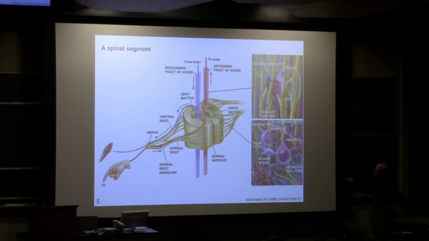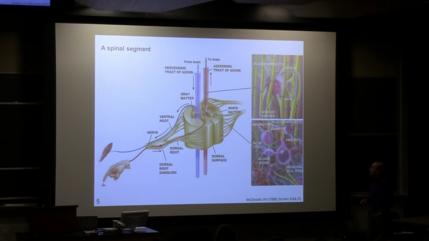And then it makes synapses to neurons here. And then there's a motor neuron in the ventral surface, which then sends its axon out to the muscle, let's say, of the hand. So the dorsal root houses the cell bodies for the afferents, meaning inputs to the spinal cord. And then the efferents, the part that is sending information out, the motor neurons, are residing in the ventral